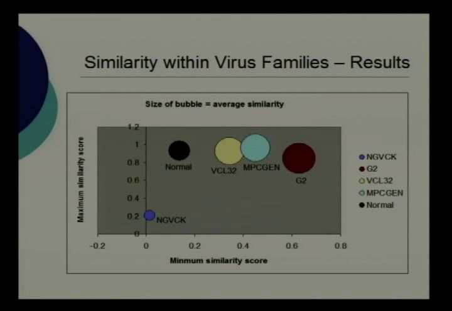So again, we can see here the NVIC generator actually outperformed the other 3 in terms of generating different-looking viruses. And if we look at normal programs, they actually have a lower minimum, lower maximum, and lower average than the other 3 generators. So G2 in this sense may not be that effective, because its average similarity is higher and it also has a higher minimum similarity.